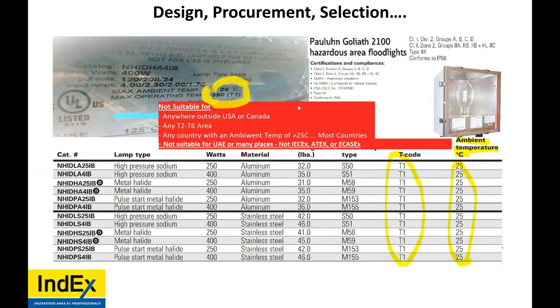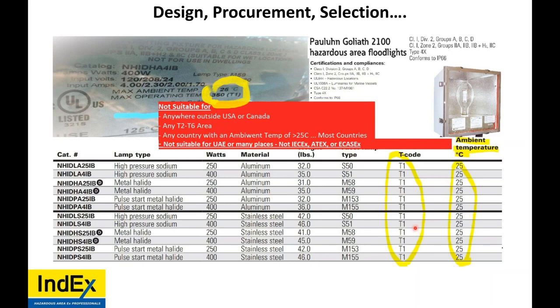Another example, this is a light that has been selected, installed, and inspected. So the competencies at each of those points allowed this light. Now, this light, whether it be installed in the GCC, UAE, Saudi Arabia, Australia, the big issue is the ambient temperature. It's only good to 25 Celsius. So ambient conditions seem to have not been taught, perhaps, to those potential candidates, those with existing EX competencies.